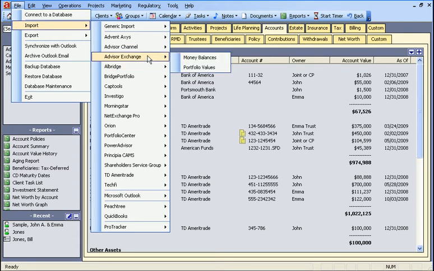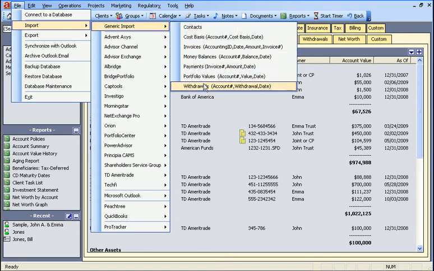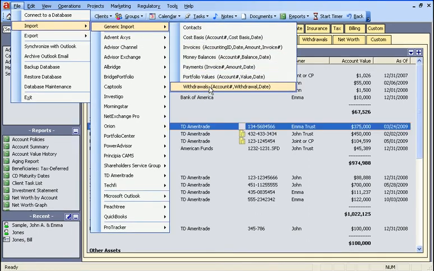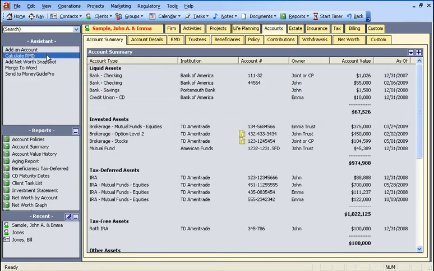Even if a portfolio management system that you use is not listed here, if you can export from that system into an Excel spreadsheet, then you can do a generic import into Advantage. Let's also point out that Advantage has a nice little feature for calculating required minimum distribution that allows you to manage them. We will not be discussing this, but there is a tutorial available to you that may be downloaded